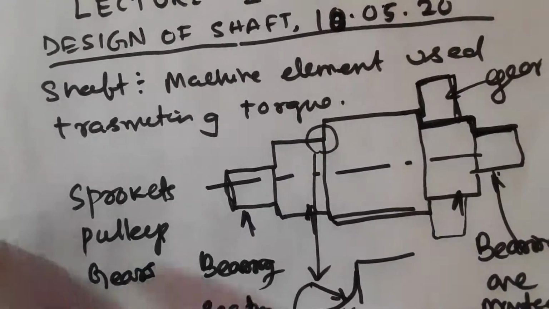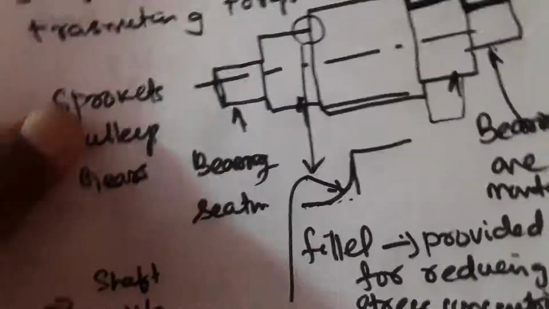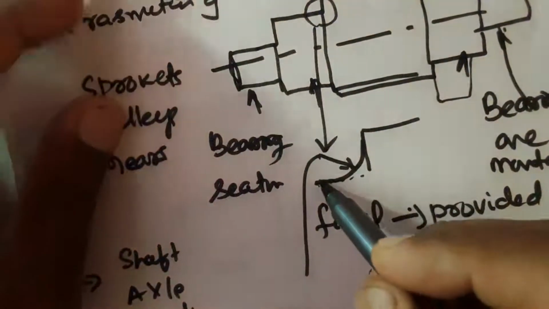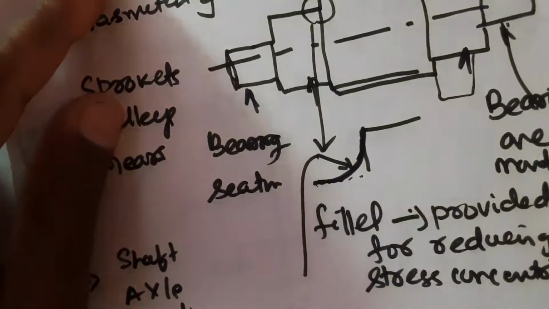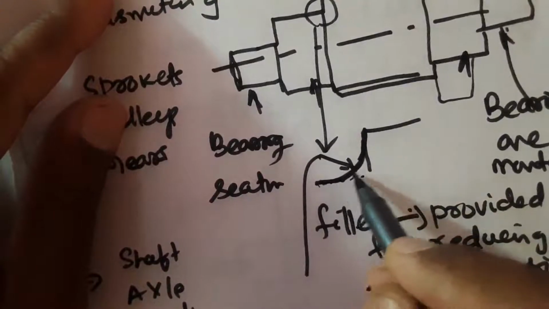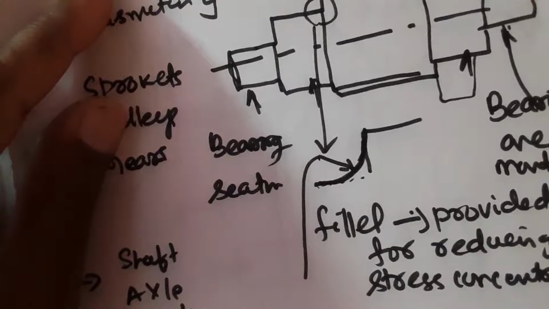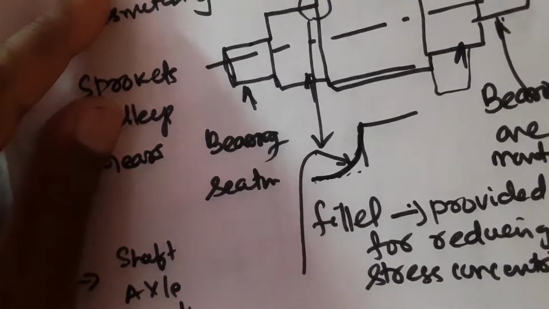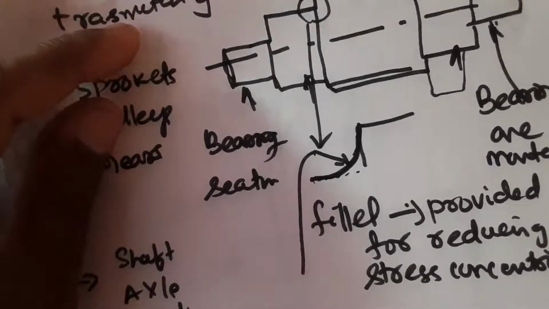So that's why these transmission shafts are normally provided with shoulders, and the shoulders have fillets. These fillets provide a smooth transition from one diameter to the other, so that will provide strength against stress concentration, reducing the stress concentration effect on the shaft. Now we will be talking about the materials of the shaft.